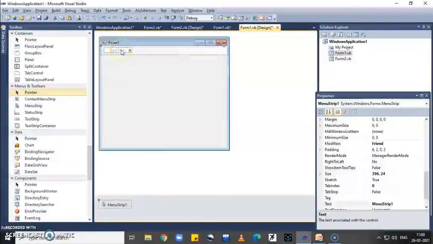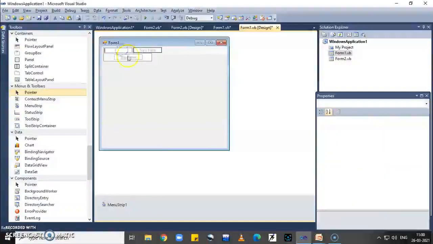Here write menu name. So I write first menu, which is a file. Second, edit.